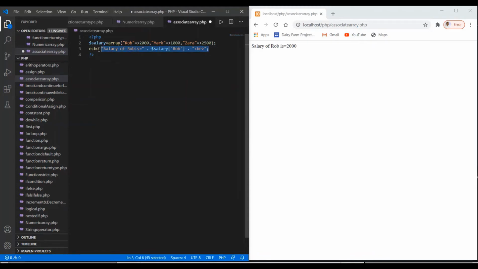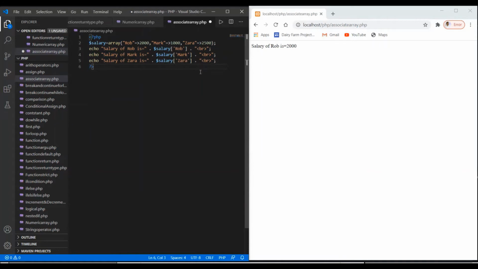I have to copy this using Ctrl C, and here I'm going to paste it using Ctrl V, and here I have to say Mark, and at the last I have to say Zara, and here I have to use the index Mark, and here I have to use the index Zara.